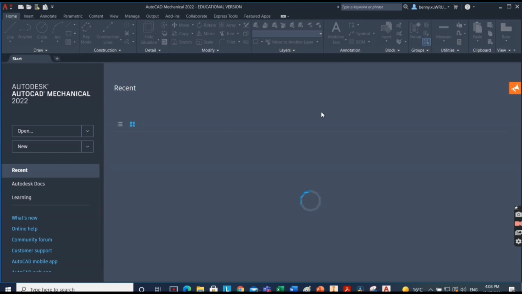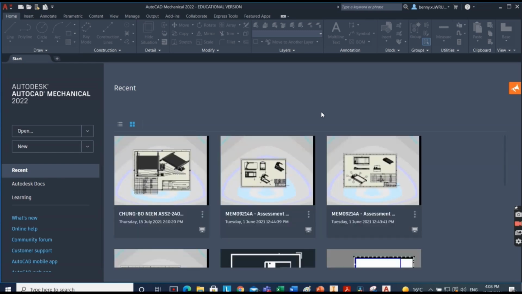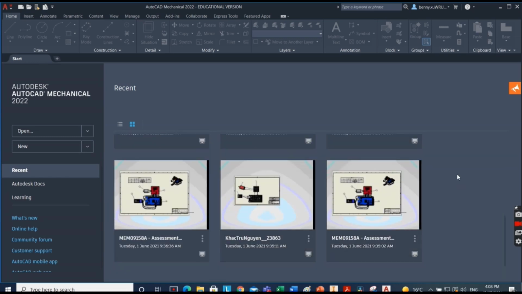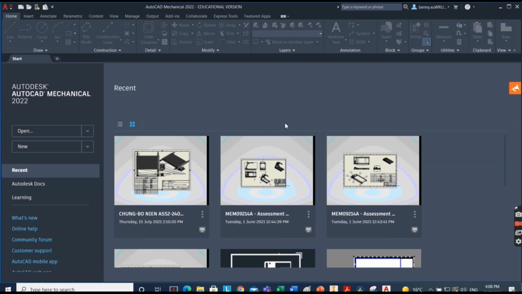Alright, so we're on this page now. You can see we cannot start to make a drawing straight away. On the left hand side here, there's Open or New. In this area, you have Most Recent. You can scroll down to see what kind of drawings we've done before or I've opened before. In here, I can click on